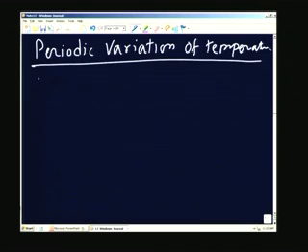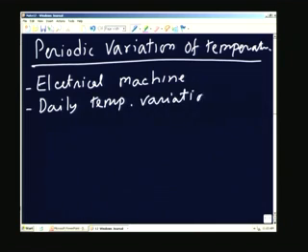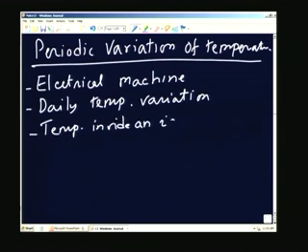For example, you have an electrical machine, or variation in daily temperature. For example, temperature inside an engine, inside an IC engine,